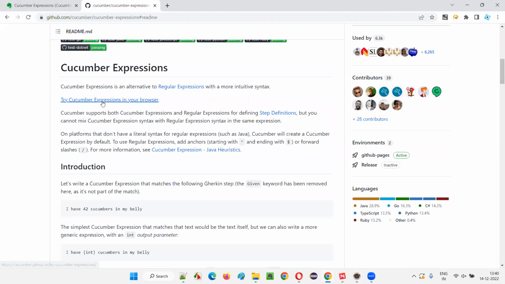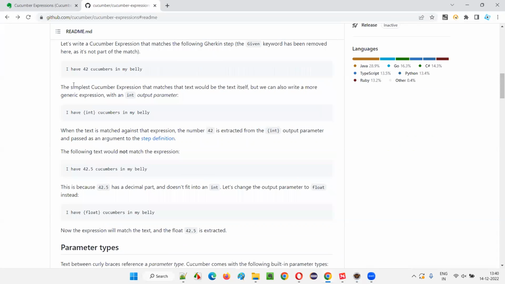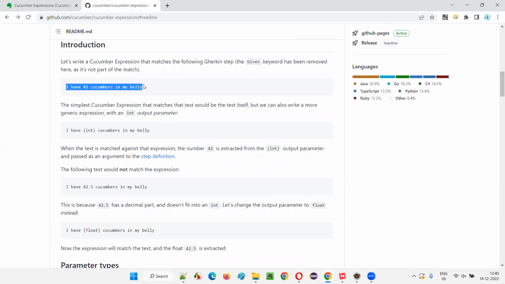Here there are some examples, guys. Okay, so you can see an example here. Not this one, maybe here only there are examples. Let me show you, some examples are here. If your feature file step is like this, I have 42 cucumbers in my belly, this 42 can be represented as a Cucumber expression like this in the step definition method. On the top of the step definition method, in the expression, in place of 42 you can write